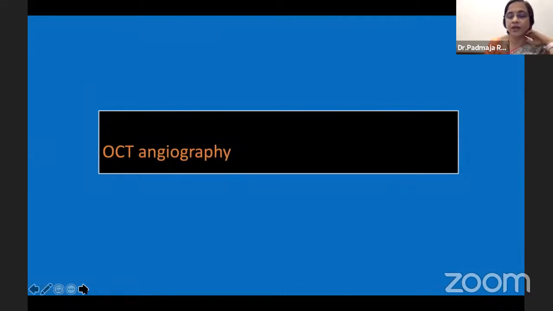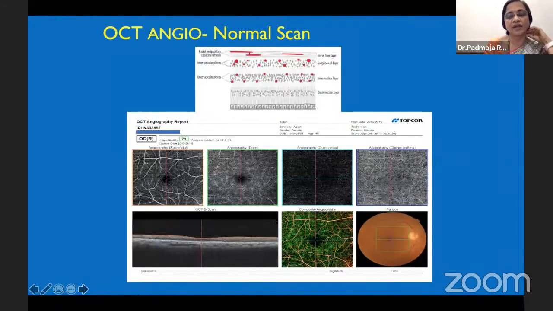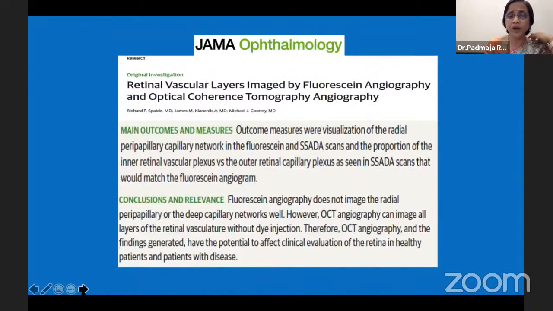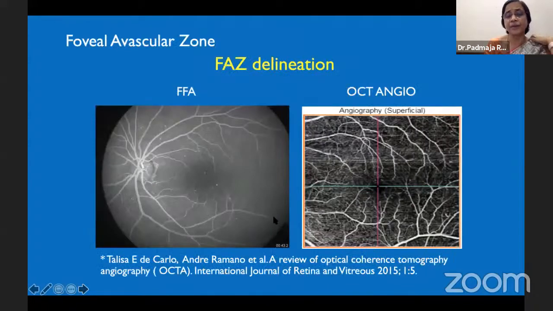Another important recent investigation is OCT angiography, which, without dye, lets us section the layers and get the same information as what an angiography can provide us. In diabetic retinopathy, OCT angio can be useful because the foveal avascular zone delineation will be very clear. And this is all without injection of any dye. We are getting the best quality pictures, with the kinds of sections that can be done.